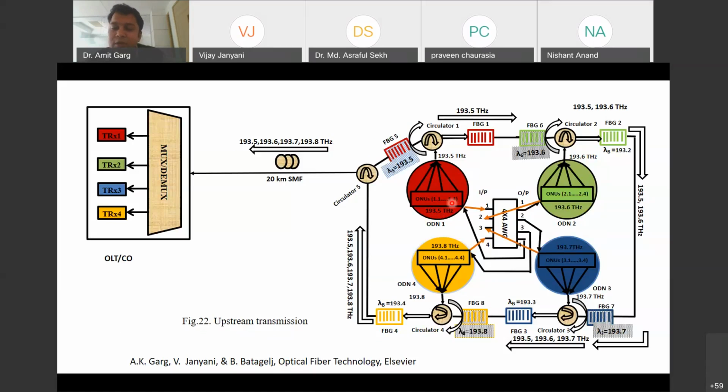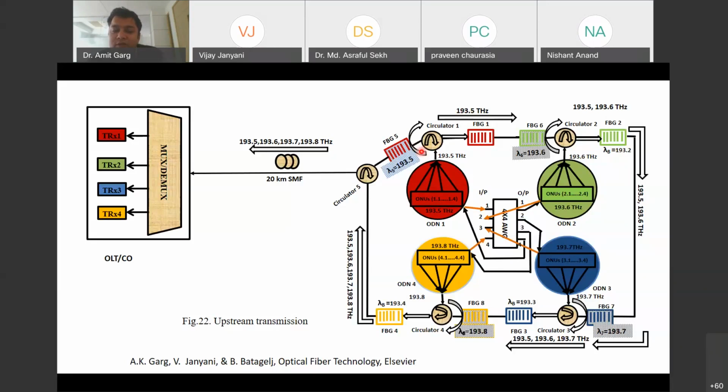So let us just say at some particular time the ONU 1.1 will transmit, at another time 1.2 will transmit, and so on. Okay, so this 193.5 wavelength will come at this point, and now this circulator 1 will direct this wavelength towards this FBG5.